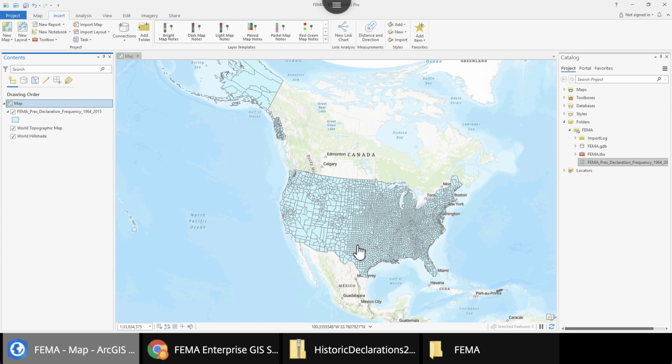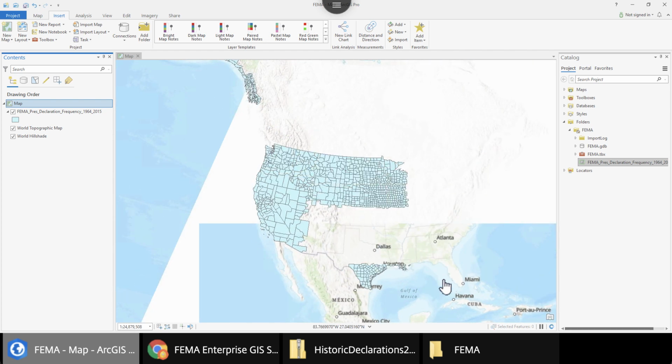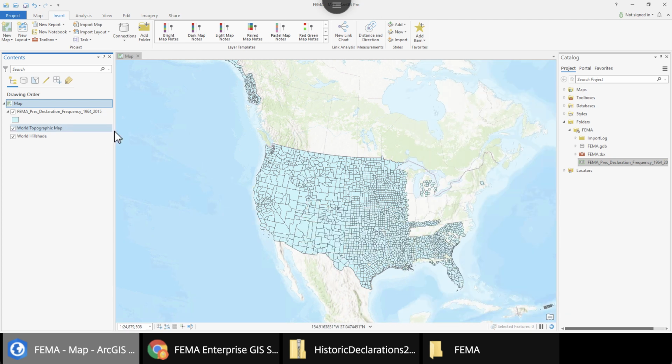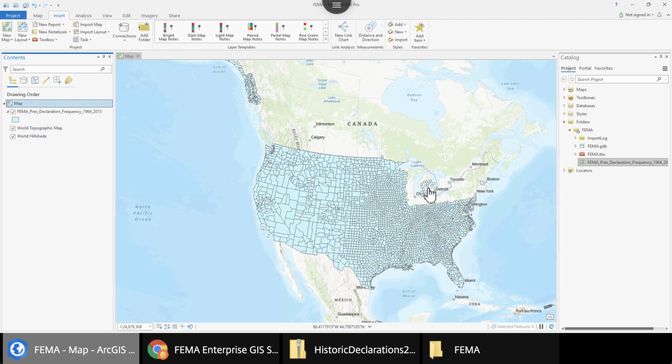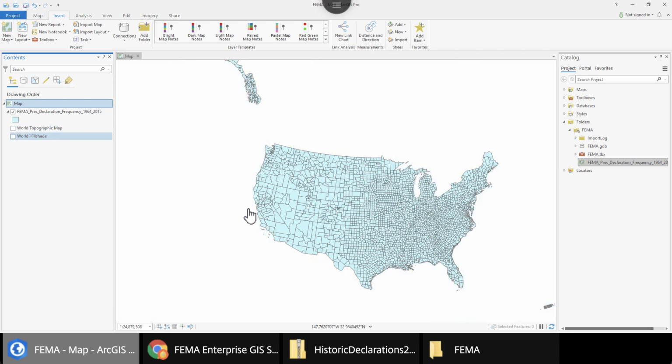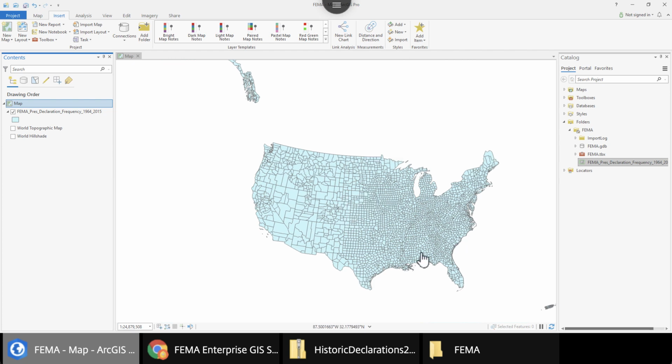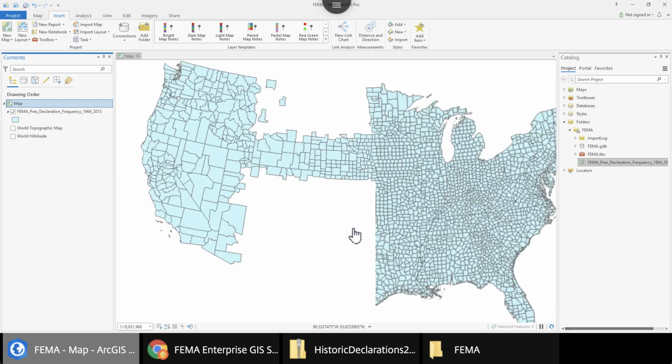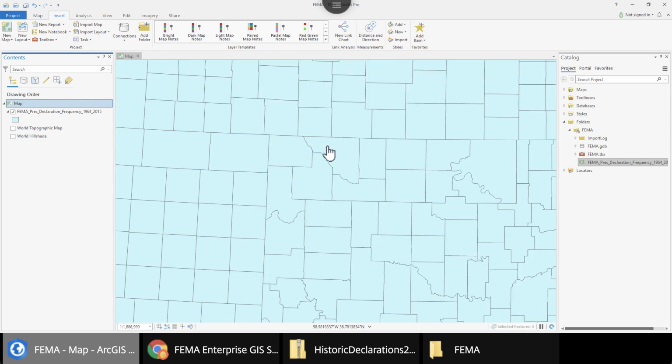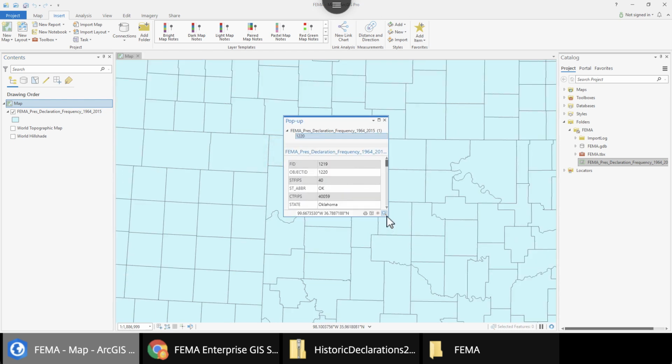So now we have this GIS file that we brought in, this shapefile, and you can see here that it has a lot of different polygons. If I want, I can turn off the base maps and just have only the shapefile. If I zoom in on it and I look at it, you can see that each one of these are different counties, and if I click on any one of the counties, you can get the attribute information